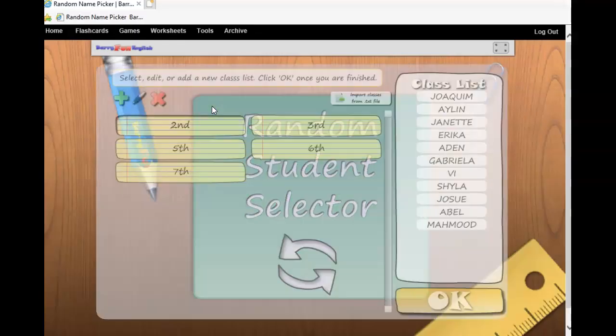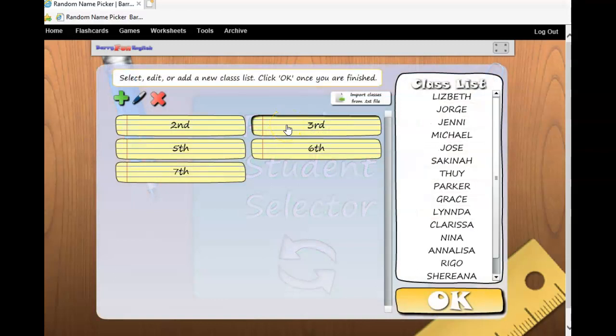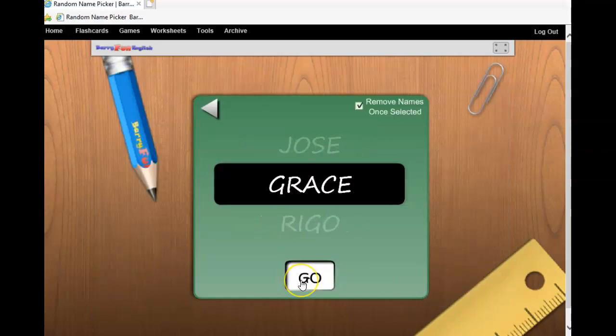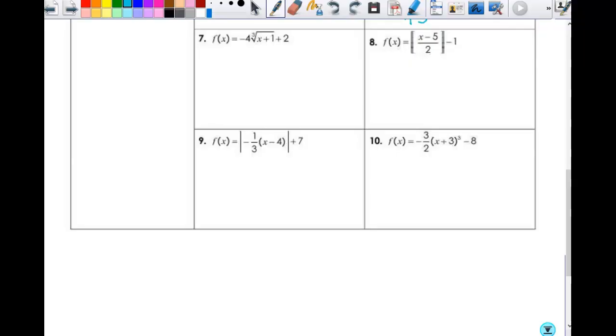Okay, I'm going to get somebody to help me with this one. All right, Clarissa. What is the name of this parent function? You can do this. What is this thing right here called? It's not a cubic, but it's a cube root. Okay, so this is a cube root,